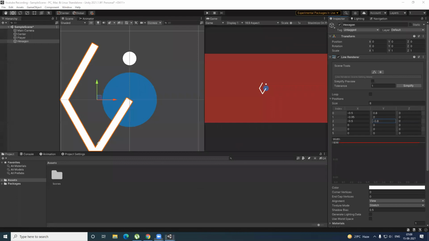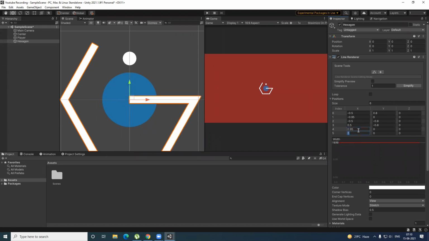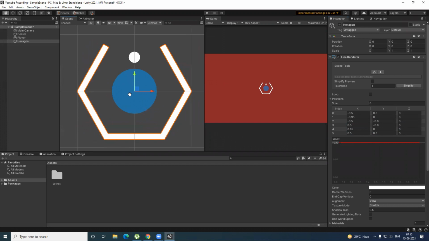This is a hexagon, if I have to specify, with one open side as shown in the game, right? Then we have 0.5, negative 0.8, then negative 0.95 and 0, and 0.5, 0.8. Cool enough. So this is a proper hexagon.